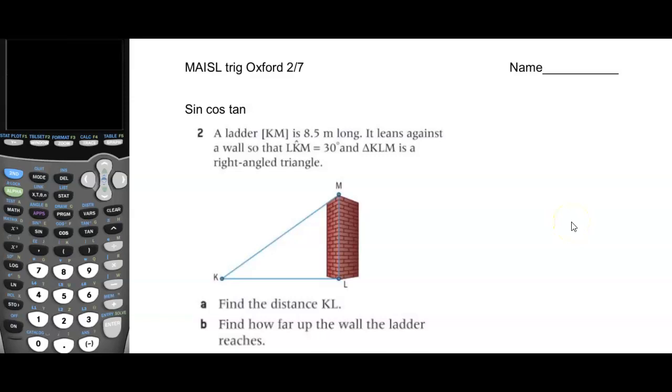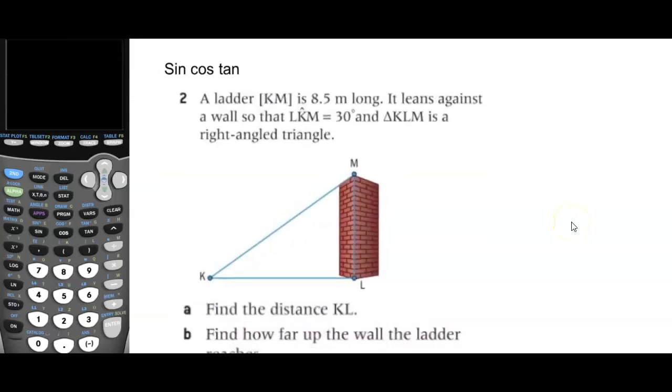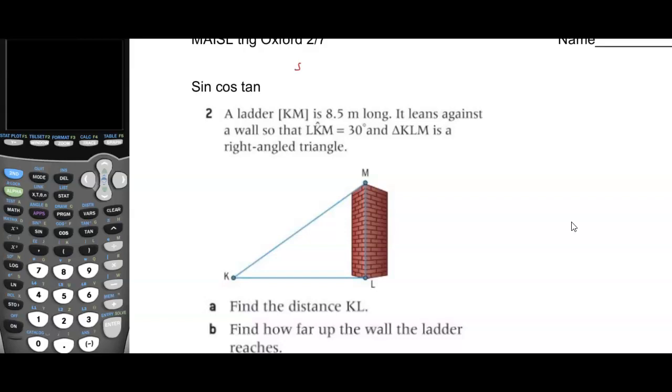Page 2 of trig. We are going to be using SOHCAHTOA again, so I'll write them out here. A ladder KM is 8.5 meters long. It leans against a wall so that angle LKM,